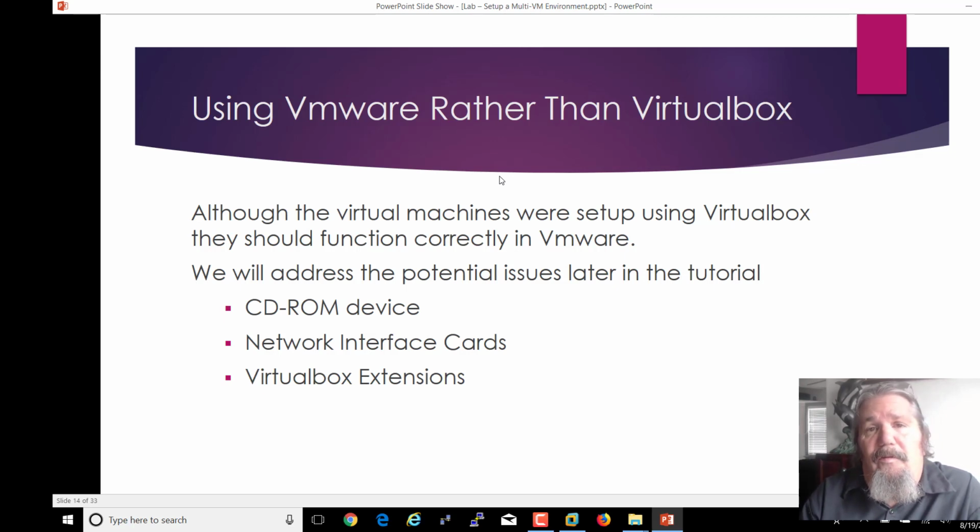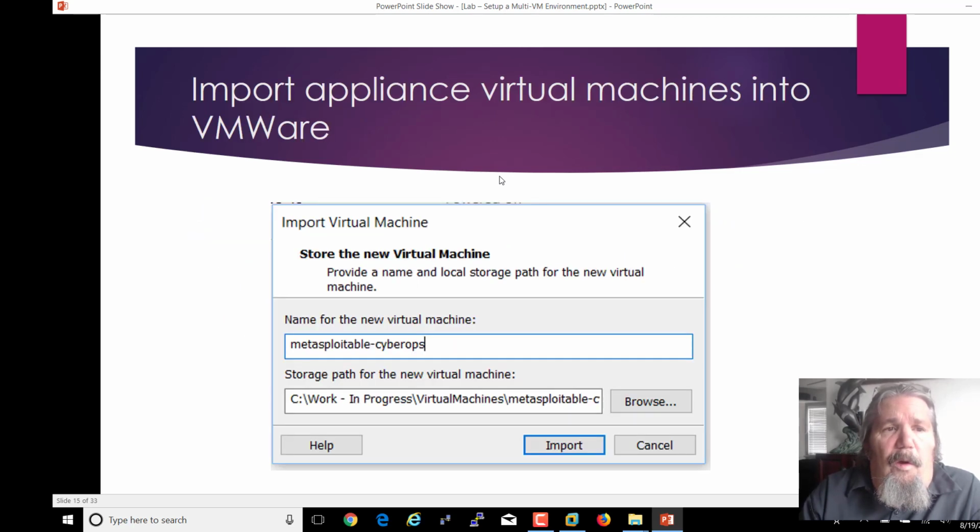One of the issues is that really the only machine that has true internet connectivity and DNS is the Security Onion. We're going to address some of the issues that come up. The CD-ROM device and your network interface cards may be a little bit wonky. VirtualBox extensions. Okay. When you go to import an OVA into VMware, there are two ways you can go: File